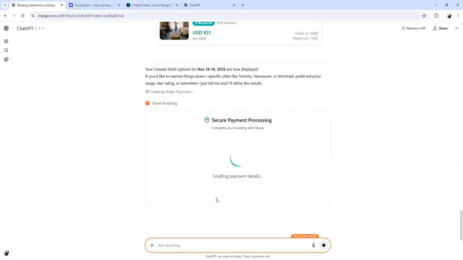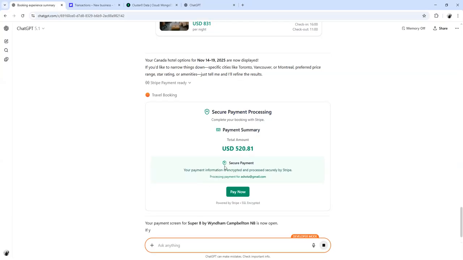We render the widgets and pass the props, which include the selected hotel information and authenticated user email address to display the UI. There is no tool call from the UI because we don't need to retrieve any additional information from the API. We simply render the Stripe control using the data that we passed in.